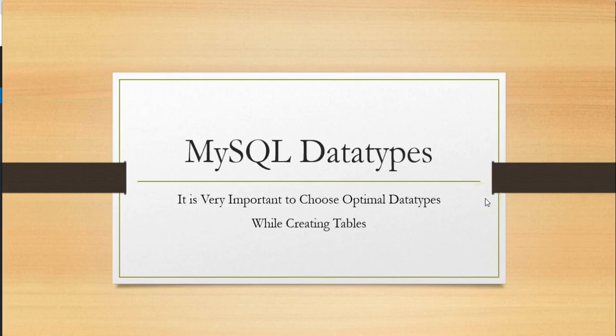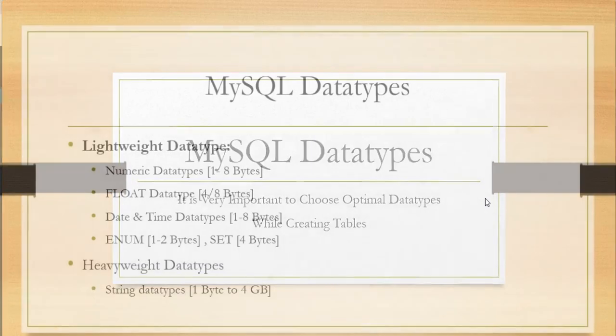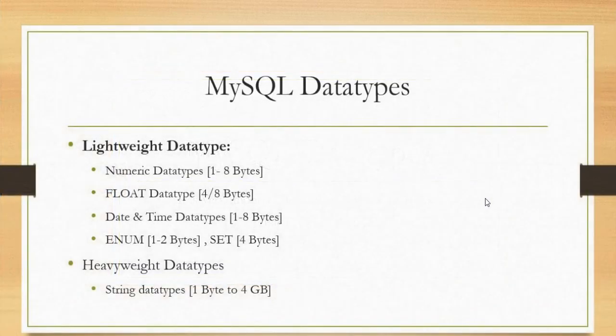MySQL data types play a major role while designing a database. It is very important to choose optimal data types while creating a table. The data types are of two types, based on how many bytes are occupied to save data in storage. Lightweight data types: if any data type never allocates more than 8 bytes for saving data, those all belong to